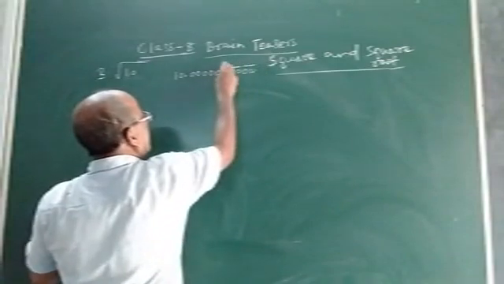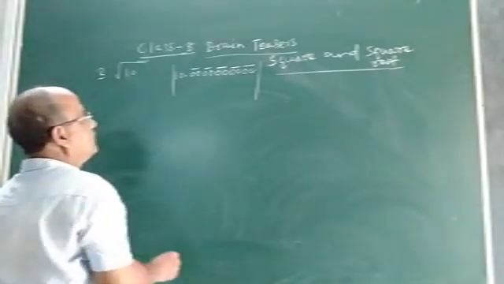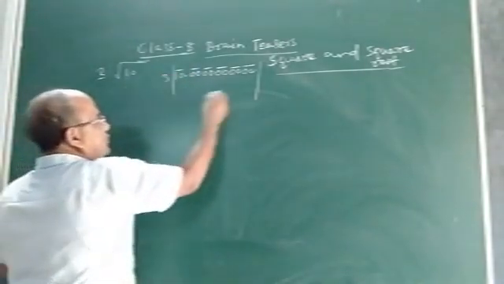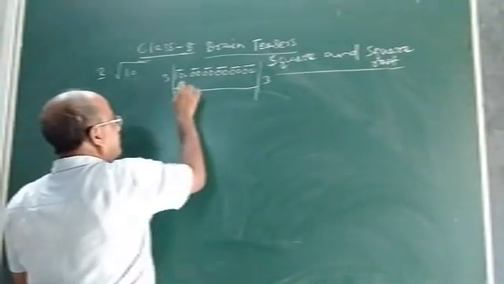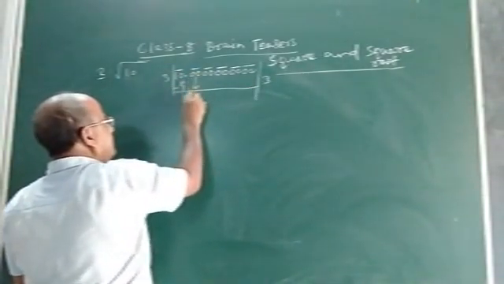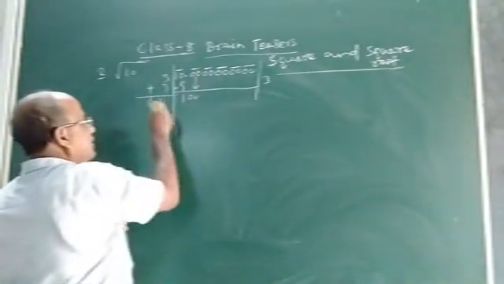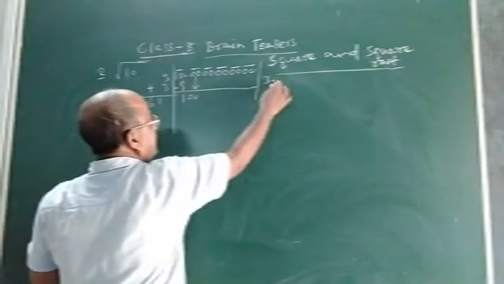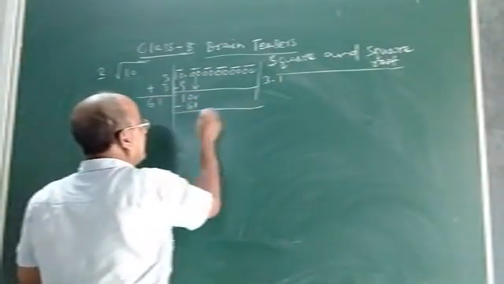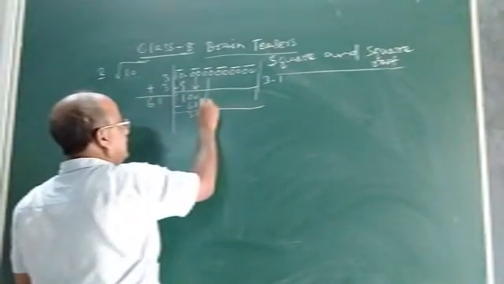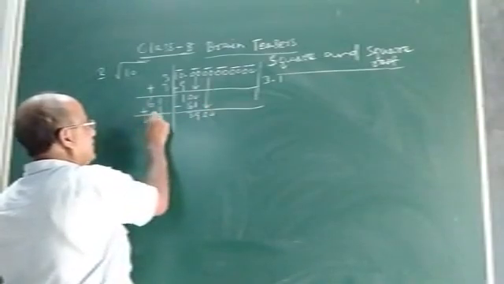Okay, so this is one pair. Now do the pairing. Now see, this is 1. So you put 3, 3 3s are 9. Subtract, carry. Subtract 1. Bring down this period, 0 0. It will be 3, add here, so it will be 6. Now shift the point here. Put here 161 into 1, it will be 61. Then subtract, it will be 39. Bring down this period 0 0, then add here 1, it will be 62.